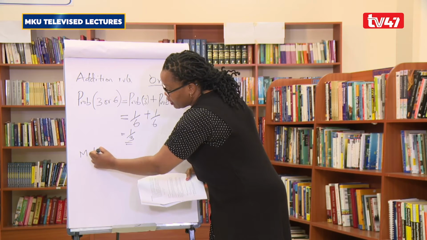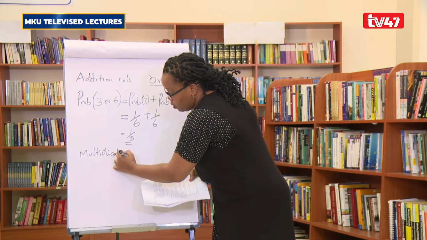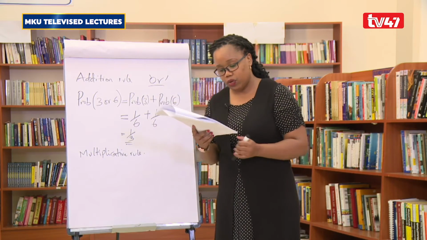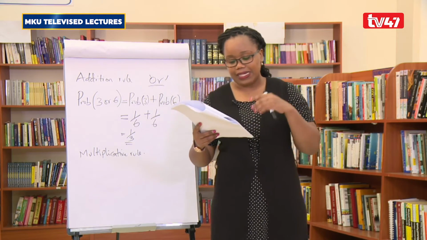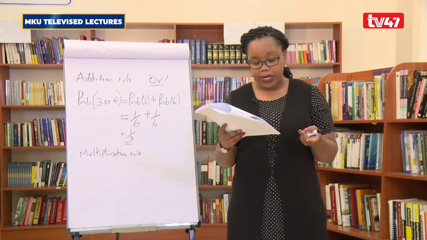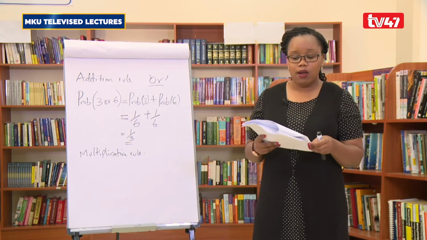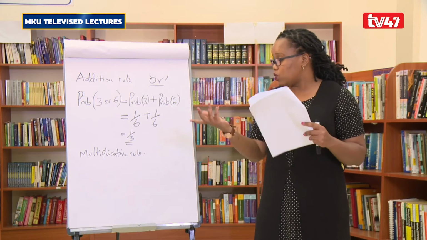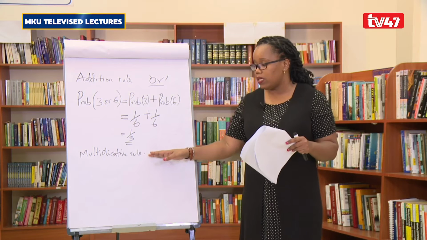Then we have another rule, which we call the multiplicative rule. Now, how do you go about this multiplicative rule? First, it's defined as a rule that is used when there's a string of independent events for which individual probability is known and is required to know the overall probability. So, in that case, let's look at the same example, only that this time round it's phrased otherwise to accommodate